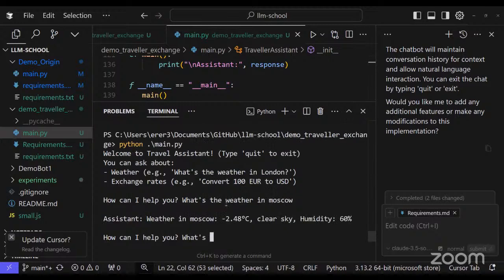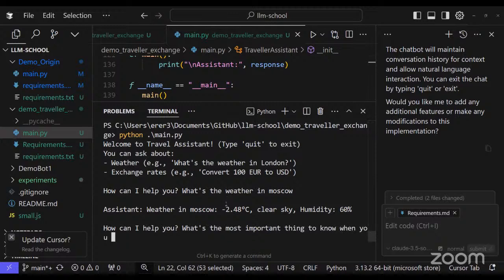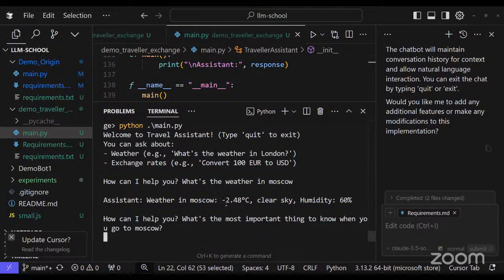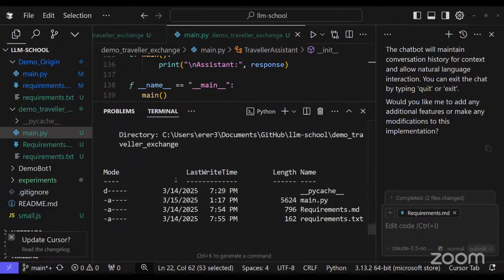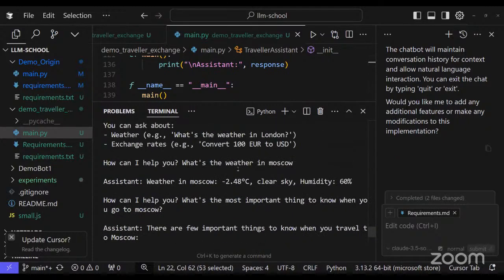Or what's the most important thing to know when you go to Moscow? As you can see, it's generated a few things. If you want to ask for any cities, I can go check the weather through this to show you how it works.